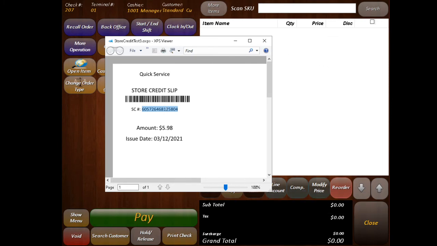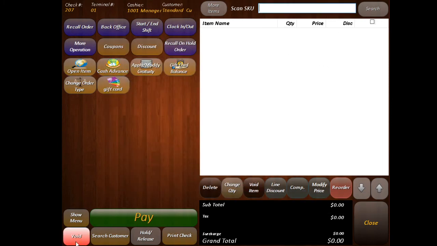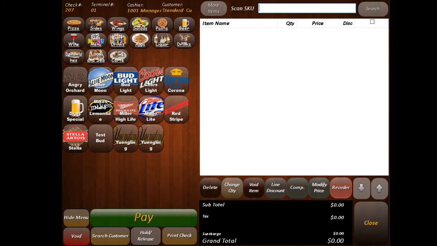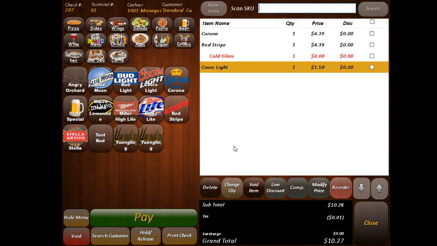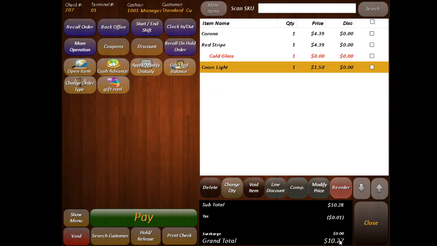Now we're going to do that right now. I'm going to go in and ring in another product. So let's say we're going to do just something simple here. So as you can see here, the grand total is going to be $10.27. So I'm going to go and hit the pay button here,